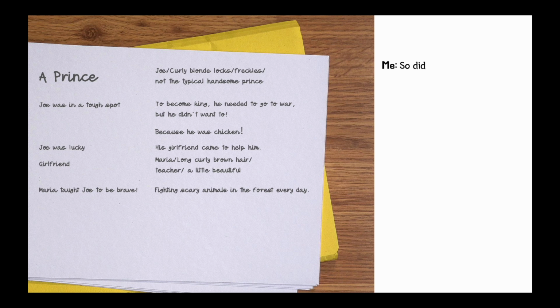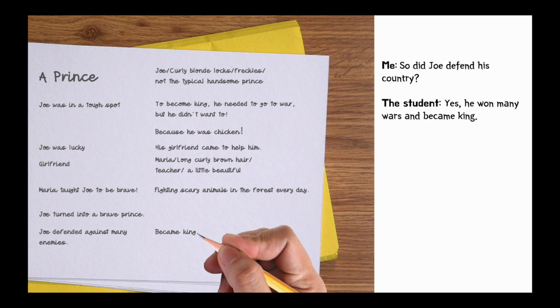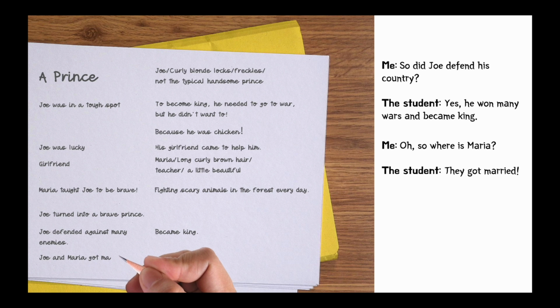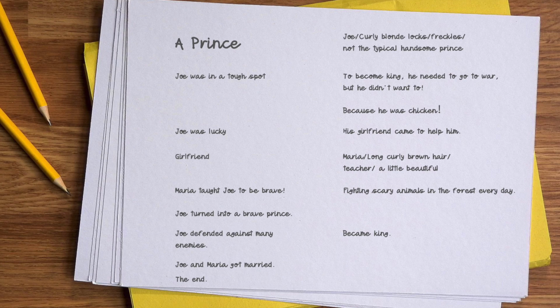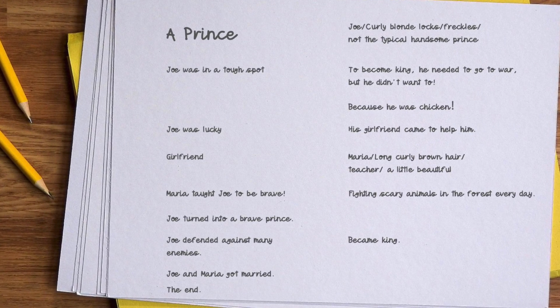So I finally asked her, so did Joe defend his country? Yes, he won many wars and became king. Oh, so where is Maria? I asked. They got married. So now, with the note I have in my hand, depending on the age and level of the child